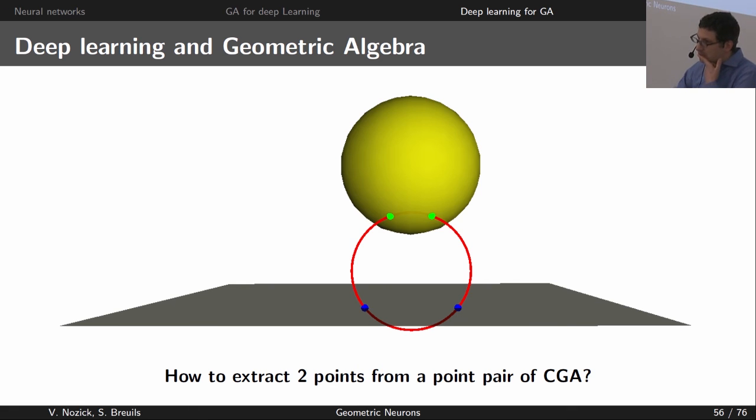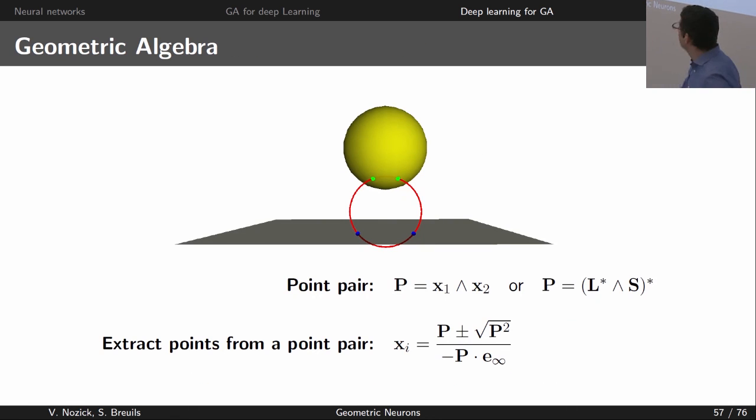Well, the problem I wanted to check. In conformal geometric algebra, if you make the intersection between a circle and a sphere or a plane, you get one entity that is here in green and blue. That is called a point pair. And here, if you have your point pair, you do not directly have these two points. You have to make one operation. It looks complicated, and actually, if you take the time, it's really clear. It doesn't look like it, but it is really clear here what is happening. So for this, there are many good tools also.